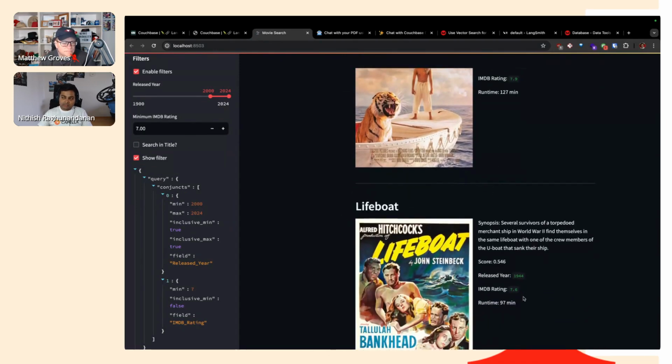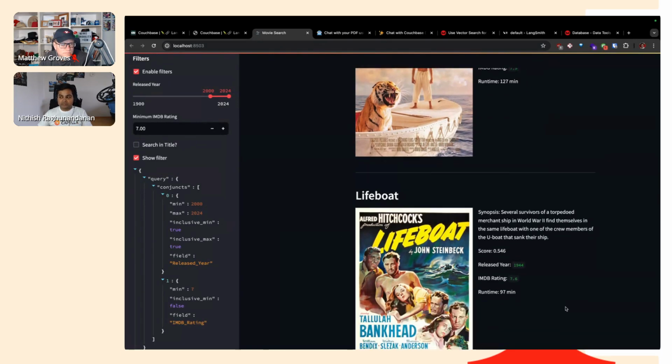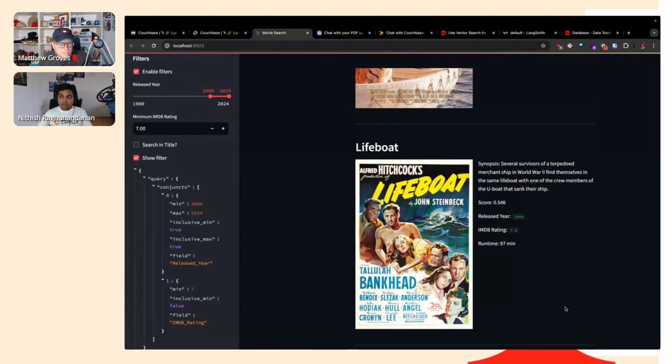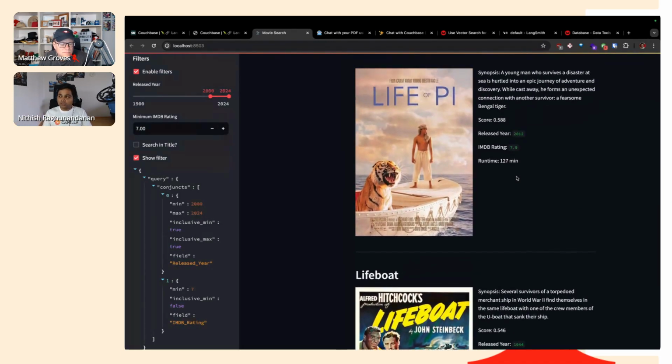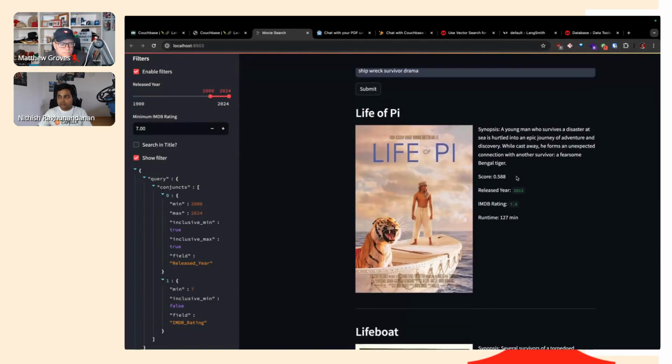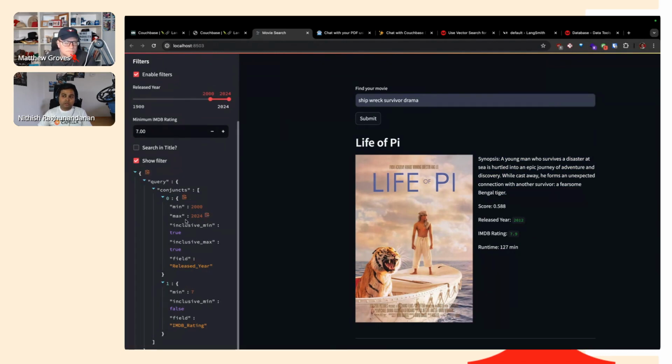Here you can see an interesting case where the released year doesn't quite match our filter, whereas in the SQL++ case, all these filters were matching. This is because of the way we do hybrid searches: you get a score for the vector part of the query, the semantic similarity, basically how close this text is to your synopsis. On top of that, you add the score that you get for all your query filters, and these are basically summed up.